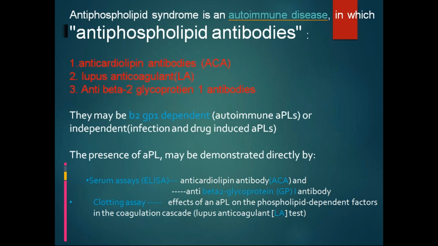There may be beta-2 glycoprotein 1 dependent or independent ones, but it's very important that you remember these three. In serum, you can measure anti-cardiolipin antibodies and anti-beta-2 glycoprotein antibodies. You can quantify them, I mean, whether they are increased in our serum, through ELISA methods,